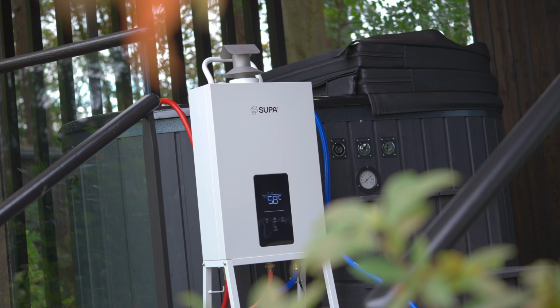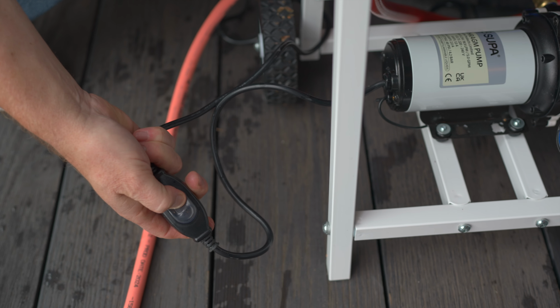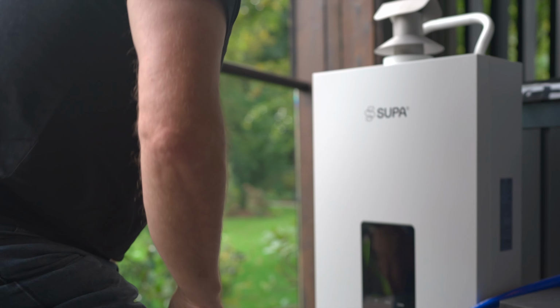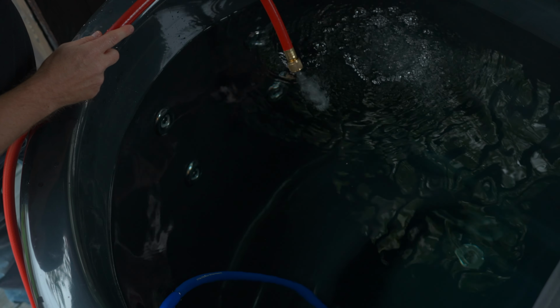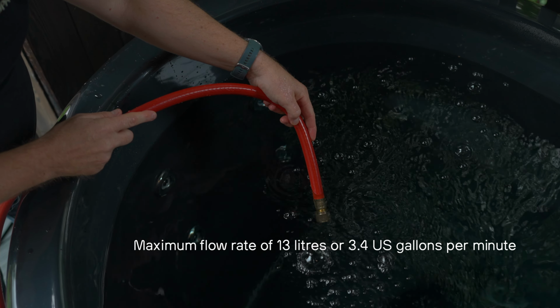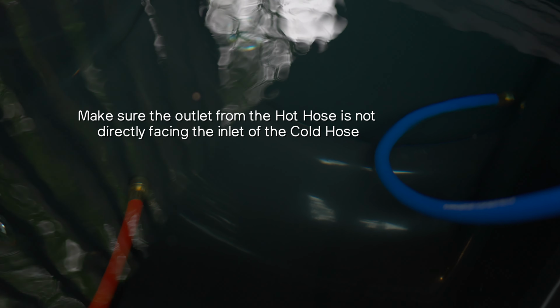So to do that now, I'm just going to start the pump running and just check here that we've got a good flow rate from the hot hose. So we can see that's coming through now. It's just doing that well. Got a really good flow rate there of about 13 litres a minute. And if we switch it on now,